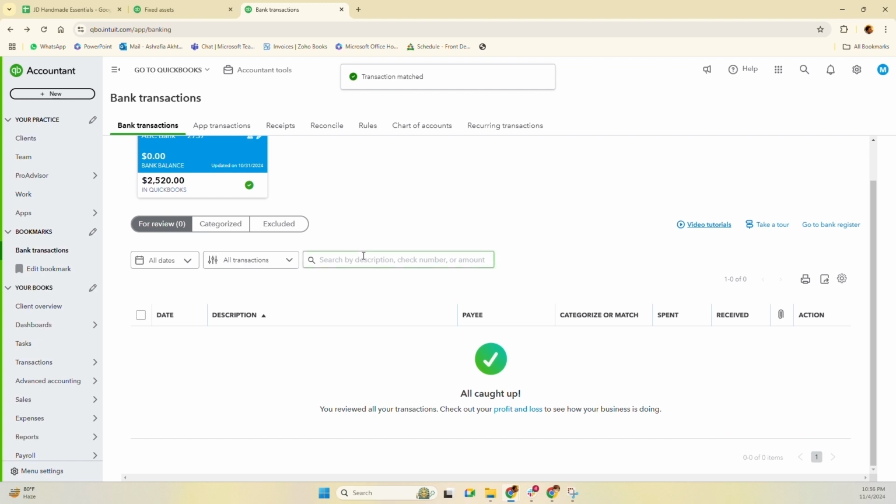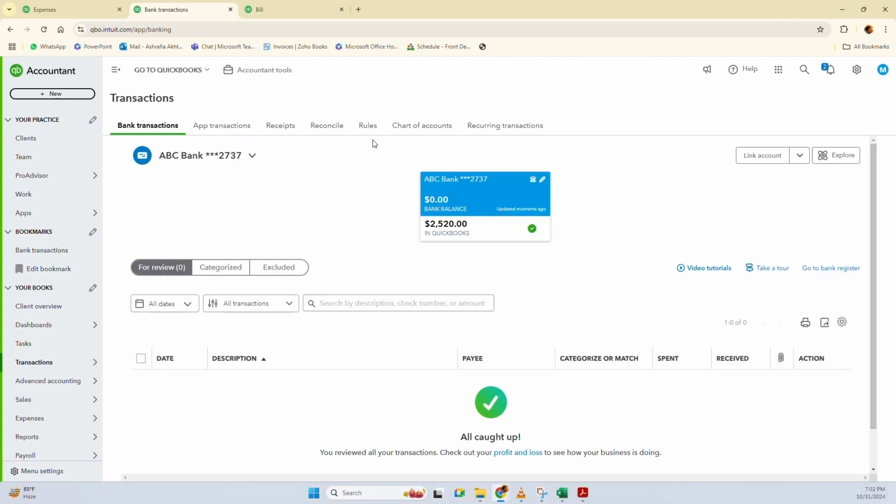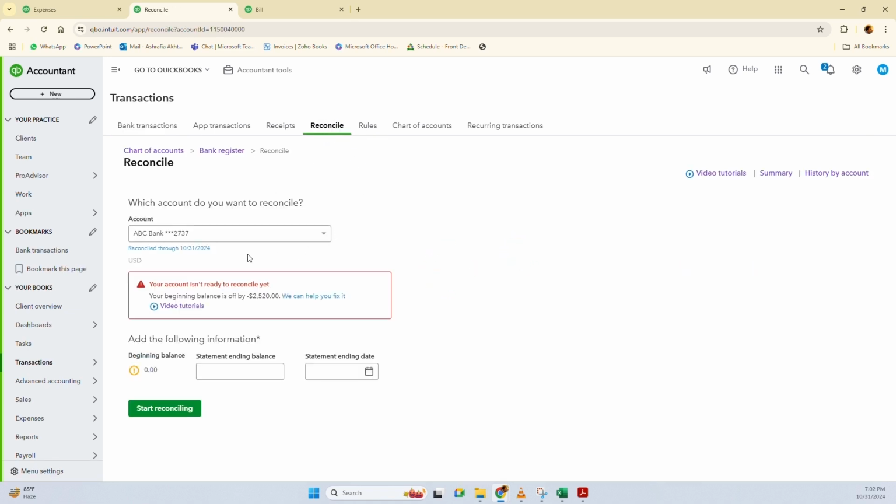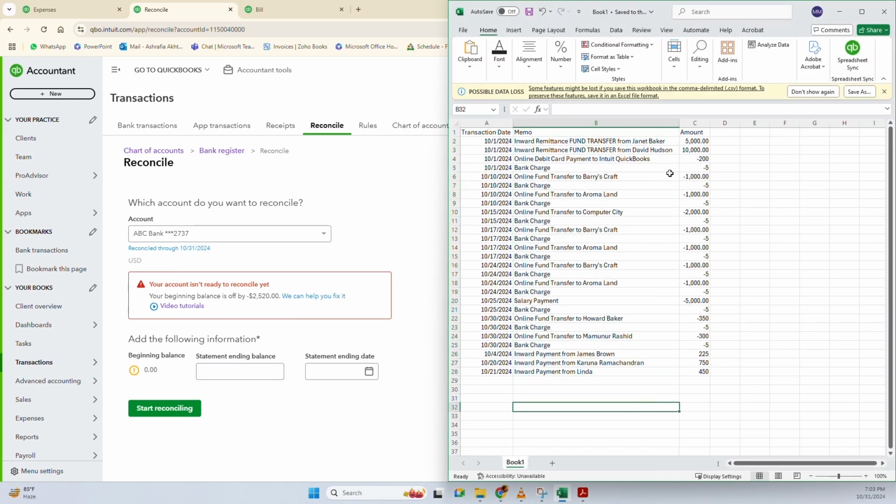All our bank transactions are now recorded. So all our bank transactions are categorized. Now we need to reconcile our bank account. So click reconcile, select the bank account we want to reconcile, and beginning balance is 0 as this is the first month we are operating the bank, and our closing balance is, let's go to our bank accounts CSV file,